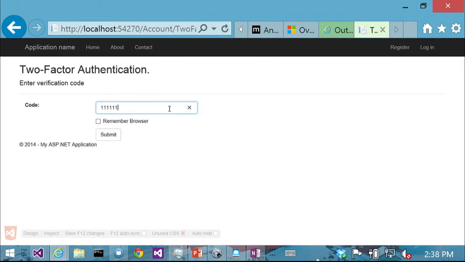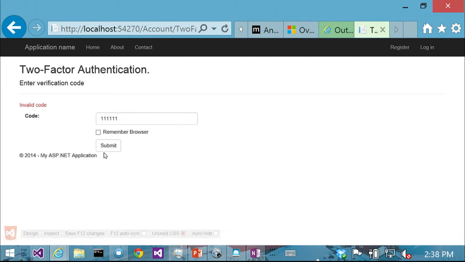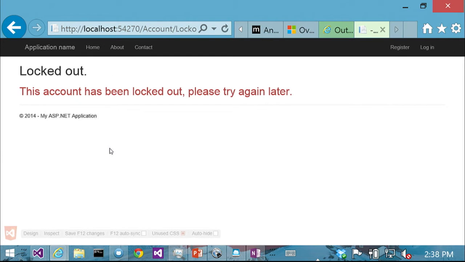So if I submit an incorrect code X amount of times, then my account is locked out. We've built into this framework, and the sample is an experience where if your password gets compromised and somebody does a brute force attack on the two-factor auth codes, then your account will be locked out,